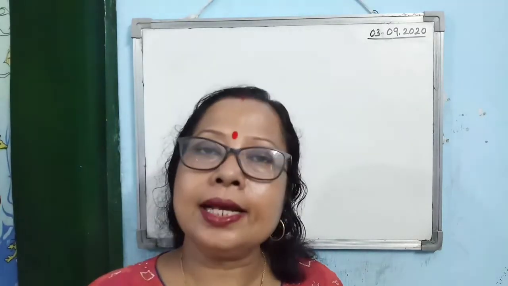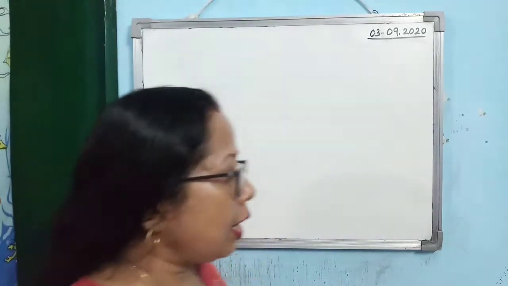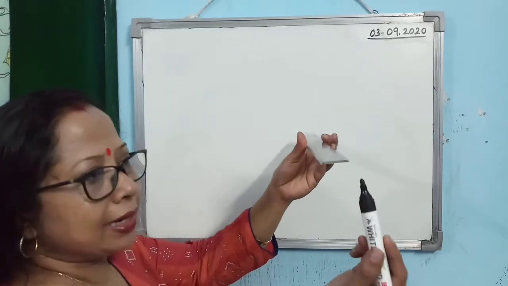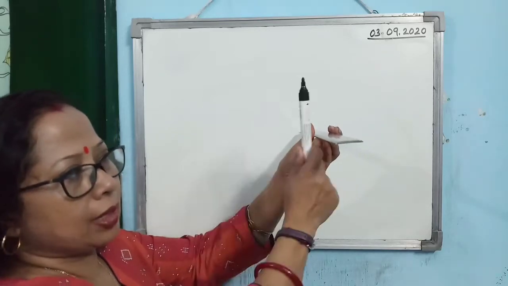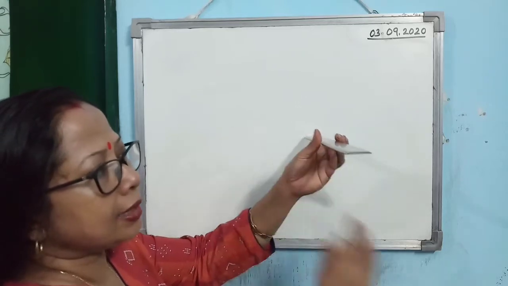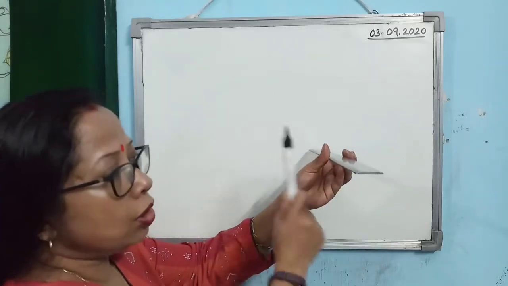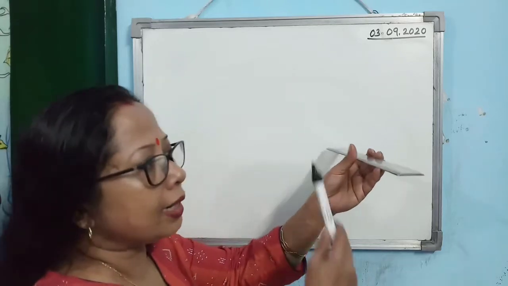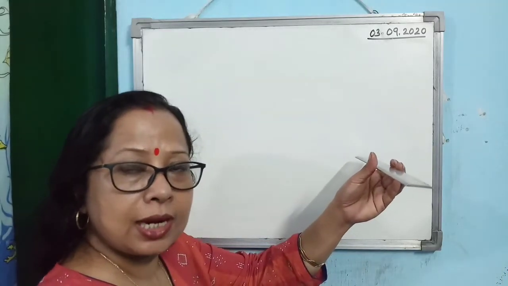Now here, regarding the motional EMF, you have to understand one point. That is a very important point. When we are considering the magnetic field in the inward direction, the magnetic field lines also are in this direction. And when the conductor is moving like this, the conductor is cutting the flux lines. These are the magnetic field lines. So the conductor is cutting the magnetic field lines, isn't it? As a result, motional EMF develops.